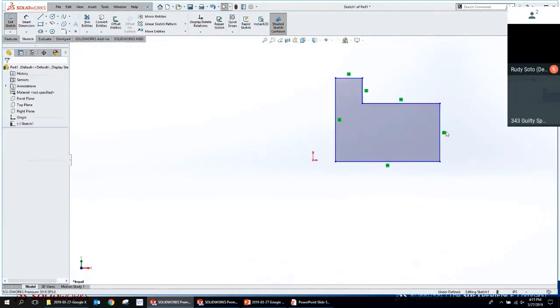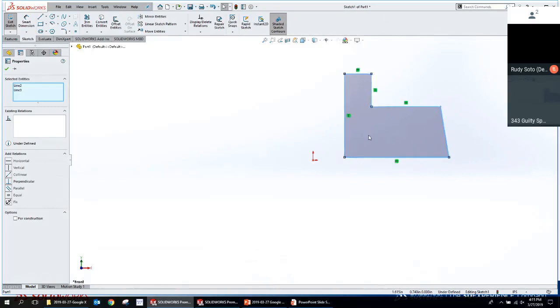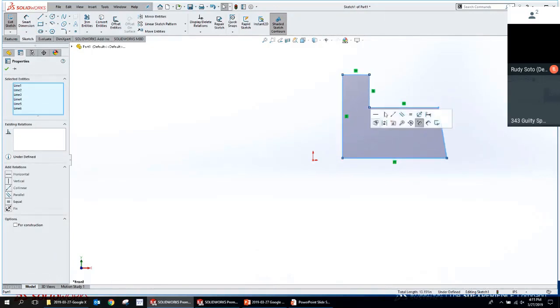For example, a lot of times if I'm going to add perpendicular or equal or something like that, I'll do a crossing select here, and then go up to the command that I want, the relationship I want to add. I'm not going to be able to do that if I've got this shaded sketch contour on here. So it's just an icon right up here on your sketch toolbar. Maybe you knew about it. If you didn't, now you know what it does. All right, another one is Instant2D.